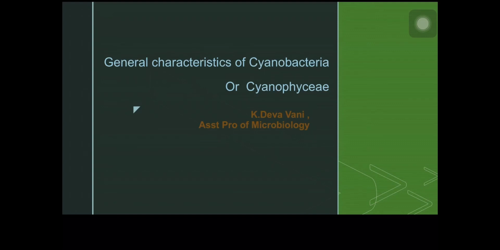Now I am going to explain the general characteristics of Cyanobacteria. It is a group which was placed initially in the algae as Schizophyceae or Myxophyceae, but the features closely resemble those of bacteria. Hence, it is now considered to be cyanobacteria. The organisms in this group are photosynthetic in nature and they are all prokaryotic